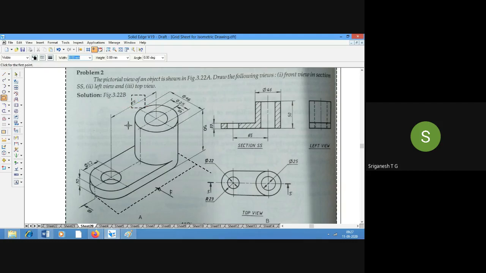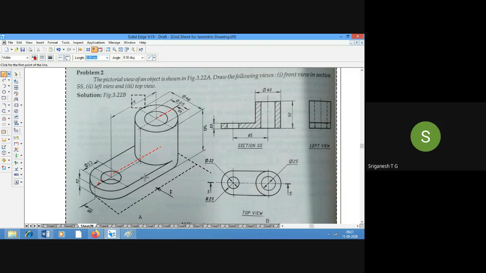So partially the length is given, plus this particular radius and this particular radius, and from here to here it is the other radius of this circle. So when we add all this up, we will get the length of the object.